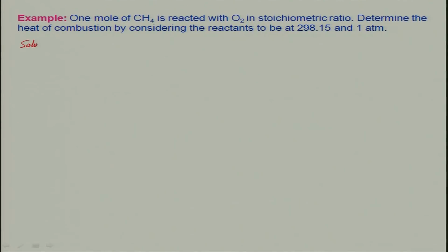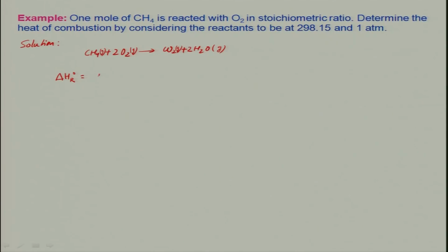So, the stoichiometric reaction of CH4 and oxygen will be CH4 plus 2 O2 going to CO2 plus 2 H2O, and keep in mind all are in gas phase, we are considering them as gas. So, the change in enthalpy, the heat of reaction, we need to find out first. The heat of reaction would be